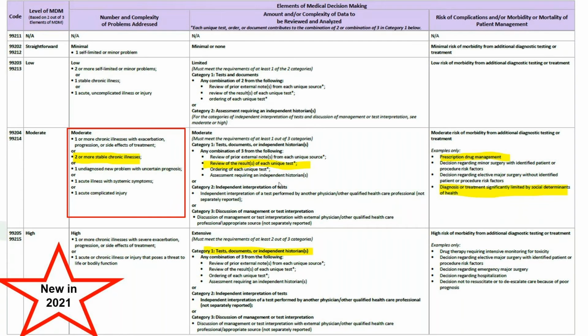Decisions not to resuscitate or to de-escalate care because of poor prognosis. So you're talking about those conversations about hospice care or those conversations about palliative care. That's a much higher complexity. Decisions regarding hospitalization. Even if the patient doesn't get hospitalized, when you're having that conversation about that, that also increases that level of complexity. So they did a much better job of giving examples to help us understand where we